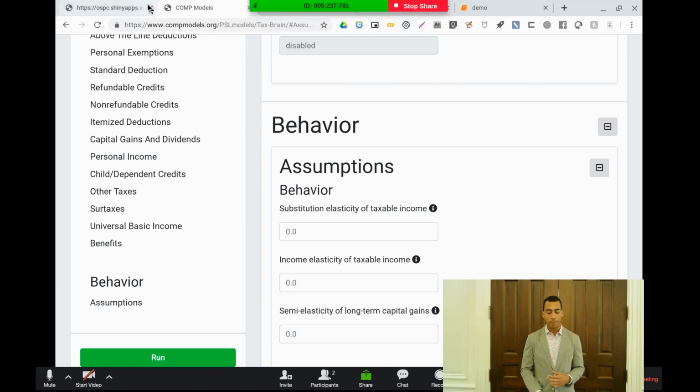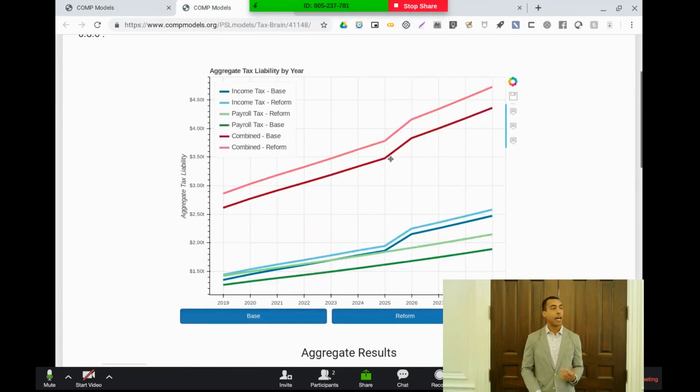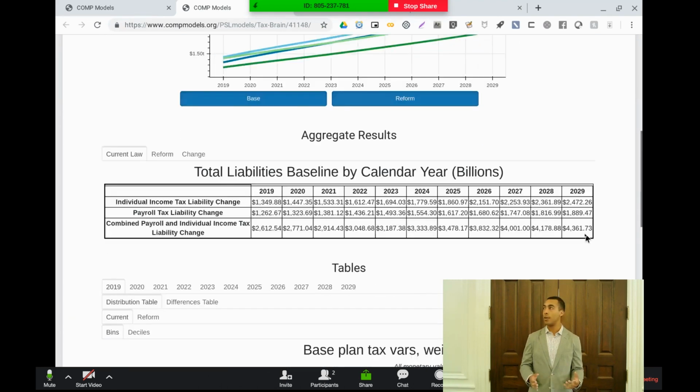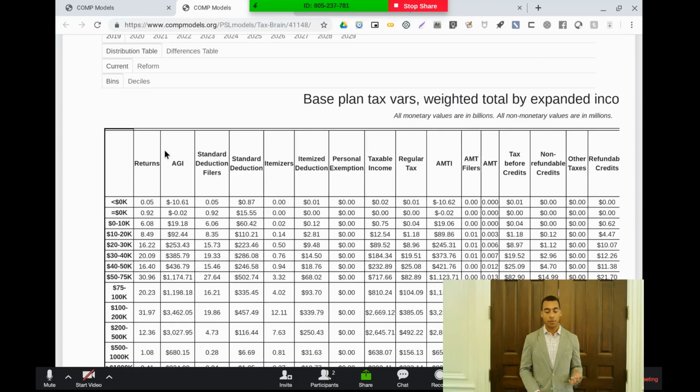Not much, but we now have an additional graph you can look at and download if you would like. We have the same type of tables, one that's showing the aggregate total liabilities by reform, change, and the things in your reform and current law. Or we have these more detailed tables that show the distribution of the effects of your reform.